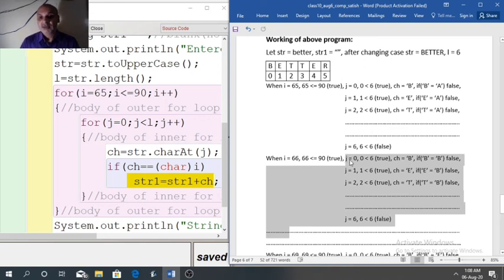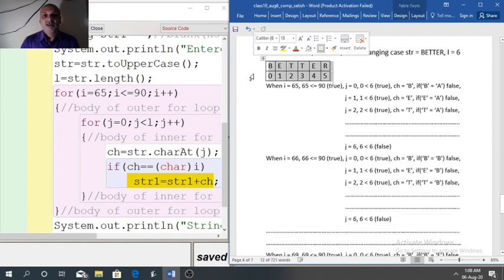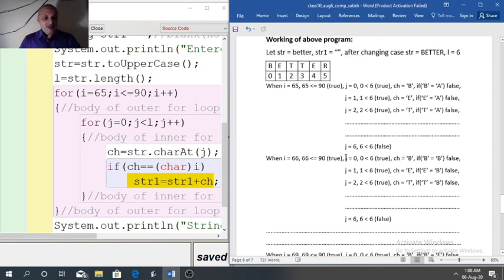Here, the first time itself, when j is 0, the character at 0 index is B. So ch equal to B. If condition: ch equal to char I. So ch is B, char I means char 66, that is also B. So B is found here at the index number 0.